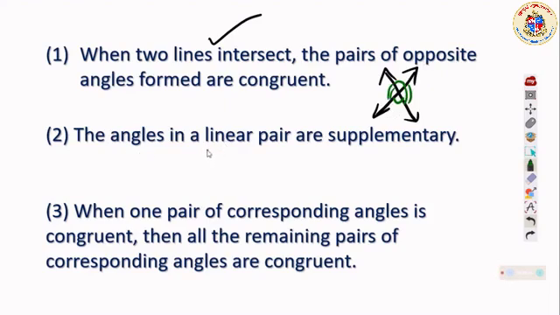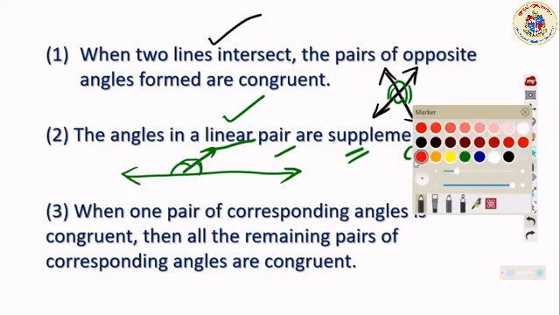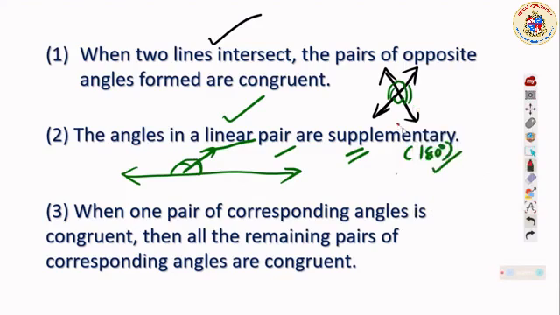The next thing is linear pair angles, which you studied, which are supplementary. Supplementary means having 180 degrees as its measure. As the name indicates, linear pair angles are those angles which are on the same line. Suppose this is a line and an arrow is created here, it makes two angles. Here is an angle, here is an angle, and the total will be equal to 180. Hence we said that they are supplementary.